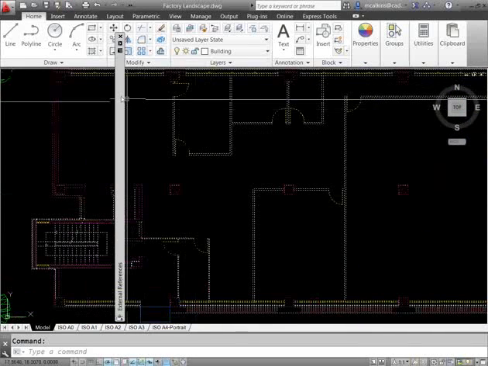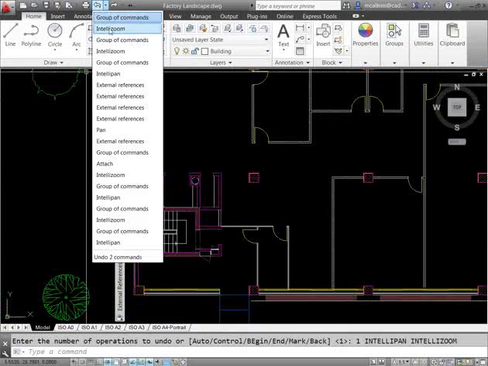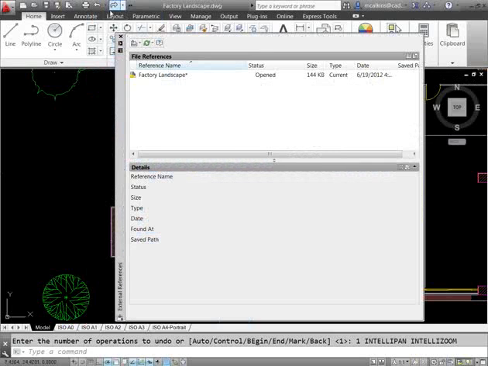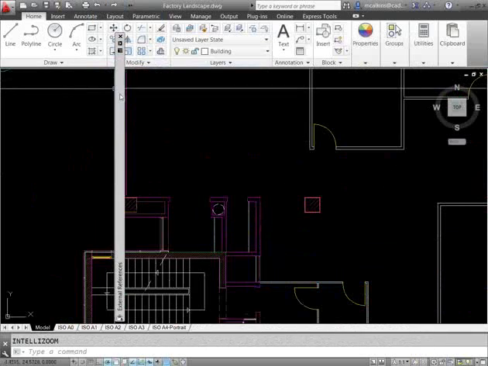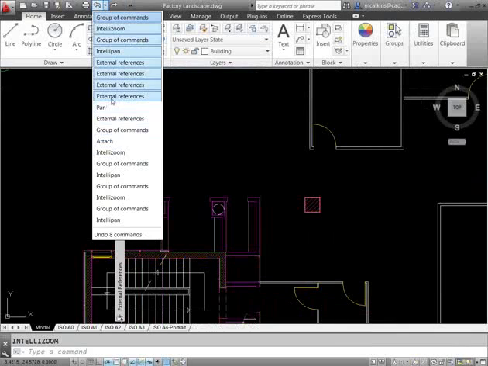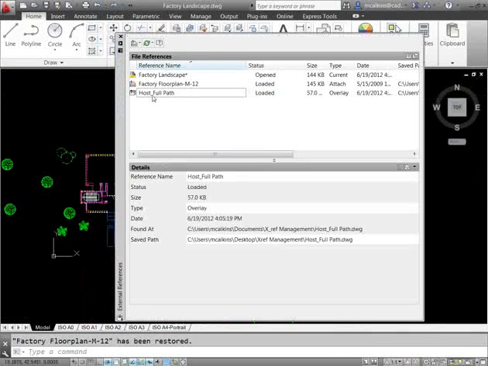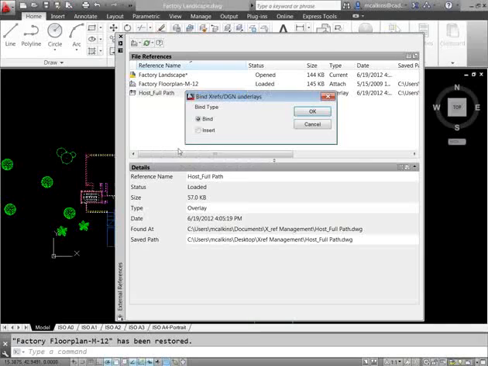If I were instead to decide to, let me see how far back I need to go. Let me undo a couple more times. Never know quite how far back I need to go. If I were instead to say bind and switch to